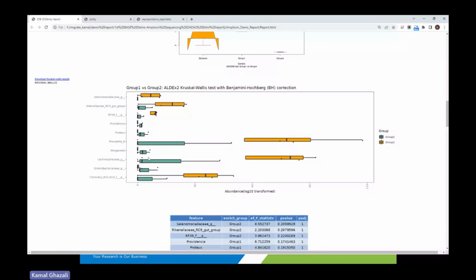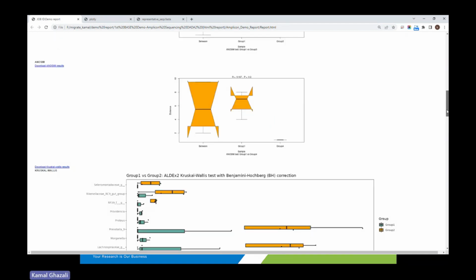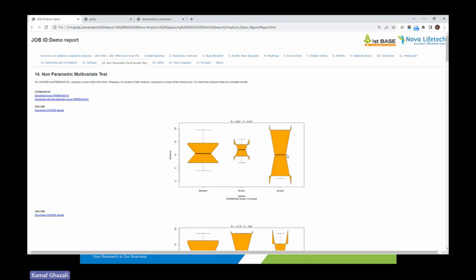If you scroll down the mouse, you can see a similar result as we see in the DESeq2. So we have the microbes, which group they are enriched in, and also the fold change, as well as statistics analysis. Right. So apart from the DESeq2 and the non-parametric multivariate test, we also have